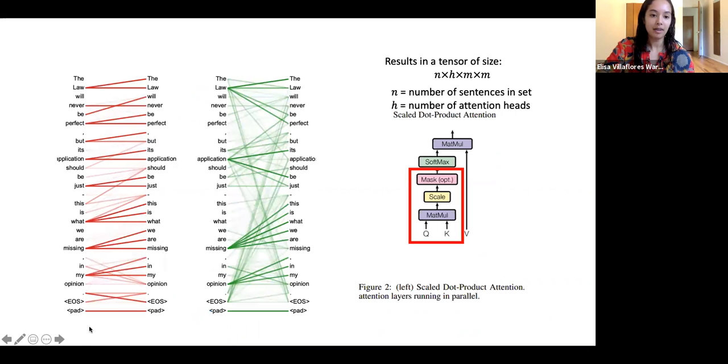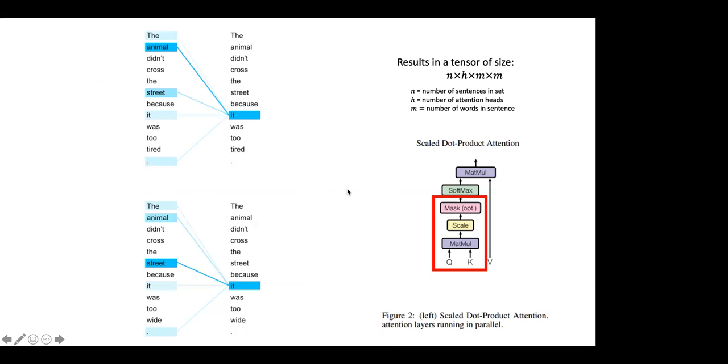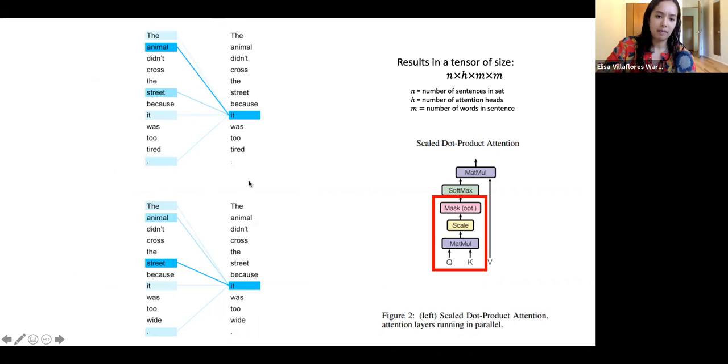But here's another example. What is it saying? I'm sorry, I think I'm missing the key point here. What is it saying, top and bottom? Oh, these aren't actually the same. These are two different sentences. The animal didn't cross the street because it was too tired. So how does it look at this sentence? What does "it" refer to? They basically looked at the attention weights around the word "it" for each word in the sentence, and they found that the attention weights focus the most on "animal." And then we have another sentence that says the animal didn't cross the street because it was too wide.